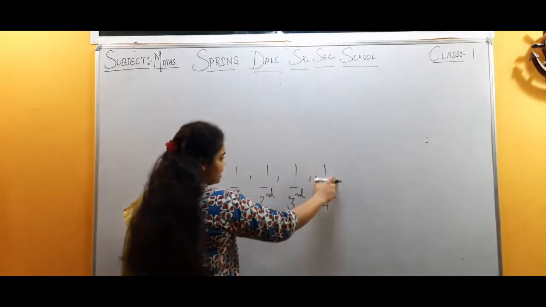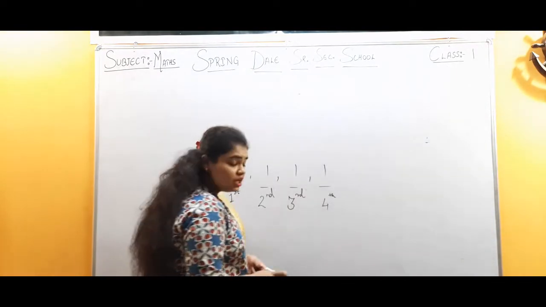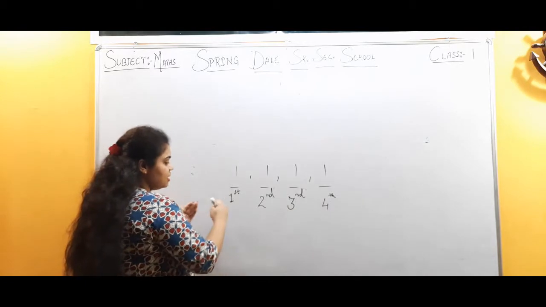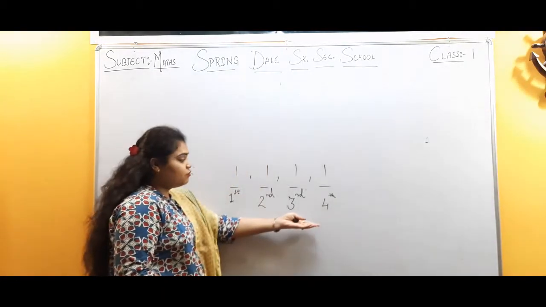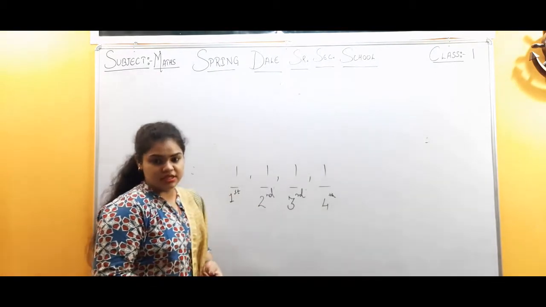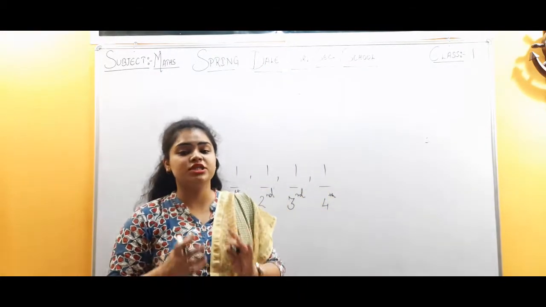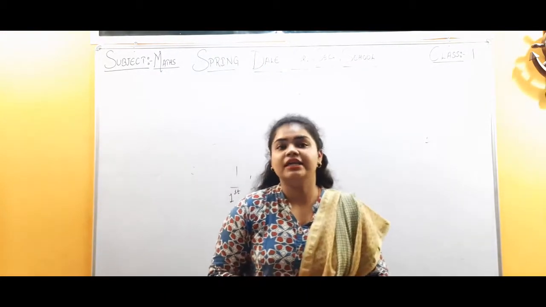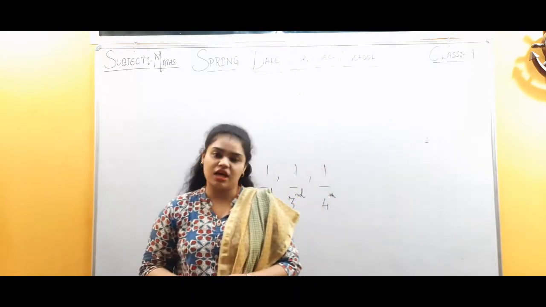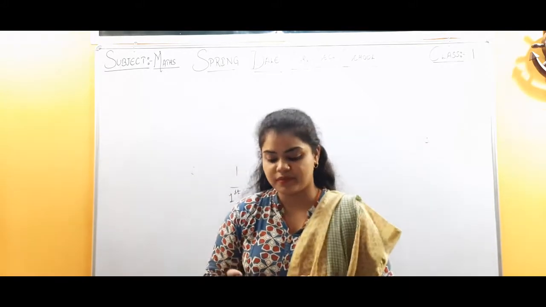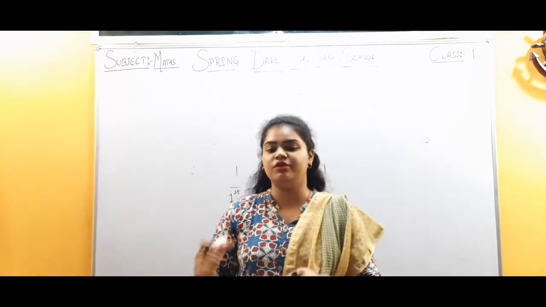Now the persons who are standing in a line don't know at which place they are standing, but now they are given the numbers: the person at the first is the 1, then second, third and fourth. So the numbers which are given to the persons, the ordinals, are those that tell us the position of a person. Taking one more example, if you are sitting in a classroom with your friends on one bench, one friend is sitting at the right side and the other at the left side, and you are in between.